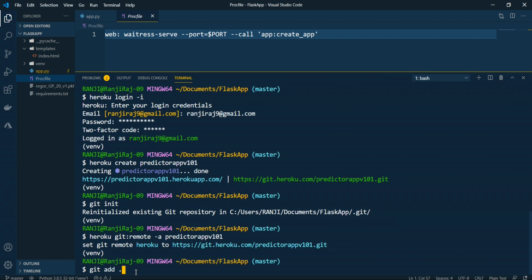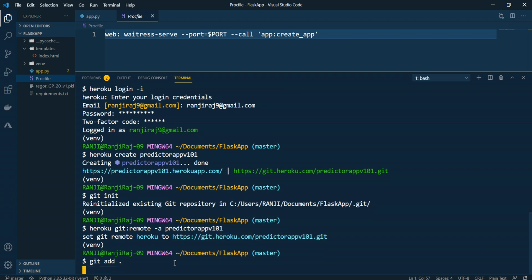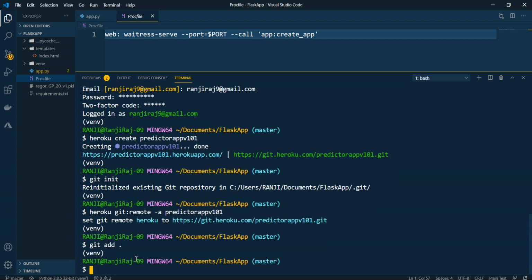Okay. So now once you have done this, what you need to do is write git add and a period or a dot. It will add all the files which are there on your particular directory, including the Procfile, requirements, and all the other files to this particular repository for deployment. So if I enter, you should probably not get any errors. If you did some changes to your application, or to your Procfile or to requirements, or if you found some libraries have not been installed, then you install the library, and then every time you have to freeze the requirements.